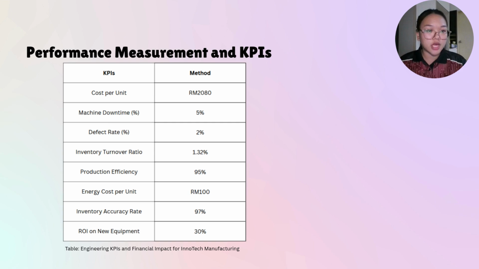The machine downtime has been reduced to 5%, demonstrating improved equipment availability. Next, production efficiency stands at 95%, meaning Innotech is achieving nearly its full output potential. And last but not least, a high inventory accuracy rate of 97% confirms the effectiveness of the barcode integrated tracking system is fully